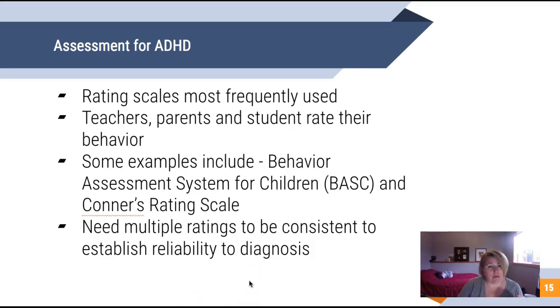So when we go to assess autism, when we go to assess attention deficit challenges, we typically use rating scales. We've talked a little bit about rating scales in terms of adaptive behavior, when we're measuring things like independent living skills and how someone is able to dress themselves and cook and get around their community. Those we use rating scales for. We have a rating scale method for identifying individuals who have attention deficits and hyperactivity disorders.